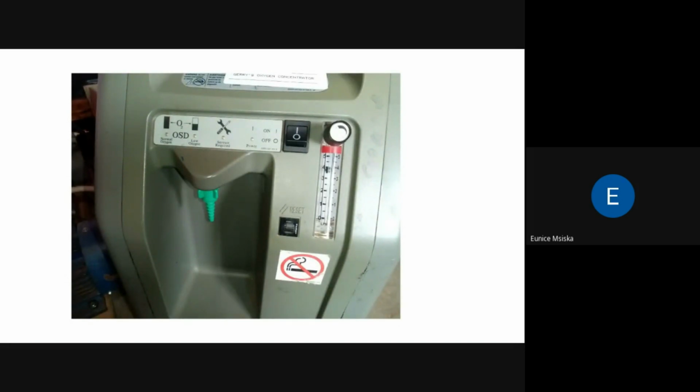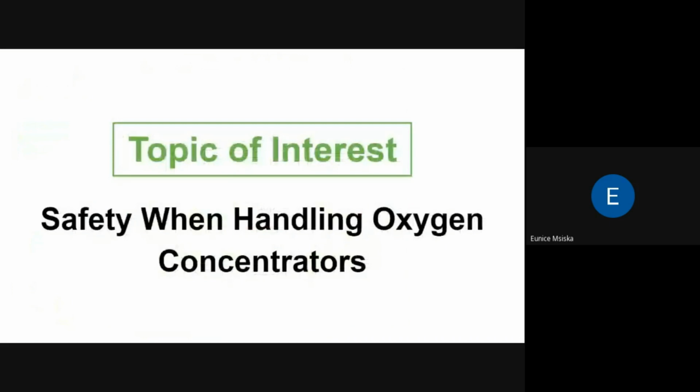Another thing that we need to consider is purity. For the patient to be safe, the patients have to receive a percentage of 82 and going up. That's the percentage of oxygen. If the gas that the patient is receiving is not rich in oxygen, then it can be very harmful to the patient. They can even die. So before administering oxygen to the patient, make sure you use an oxygen analyzer to test for the oxygen purity and also the pressure. If you see that the purity is not enough, you can now start troubleshooting to check what's causing the low oxygen purity.